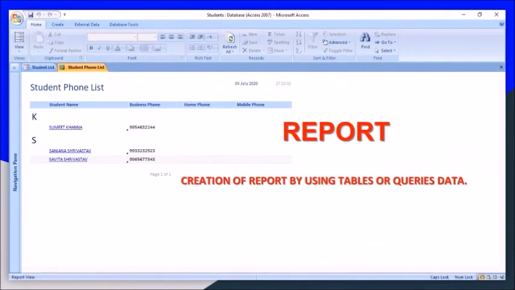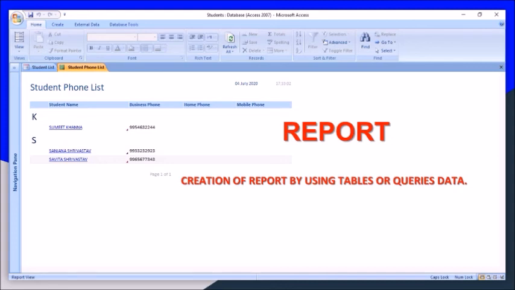So report, it provides a way of presenting data on paper as meaningful information, where the query is the question you ask about the data in your database. After asking the question or query from the database, you can get the output in the form of table, and that table can be got in the form of report by using report option from create tab.